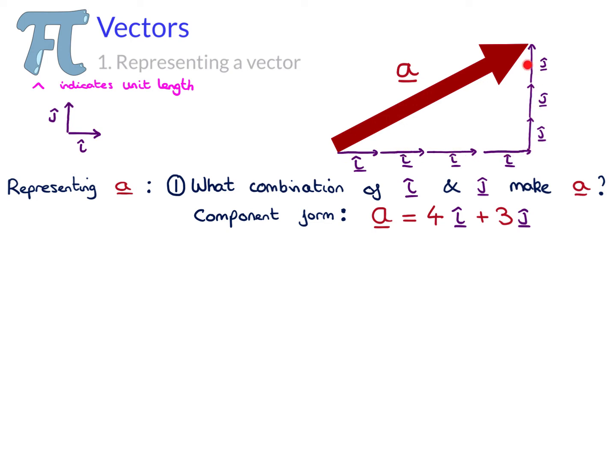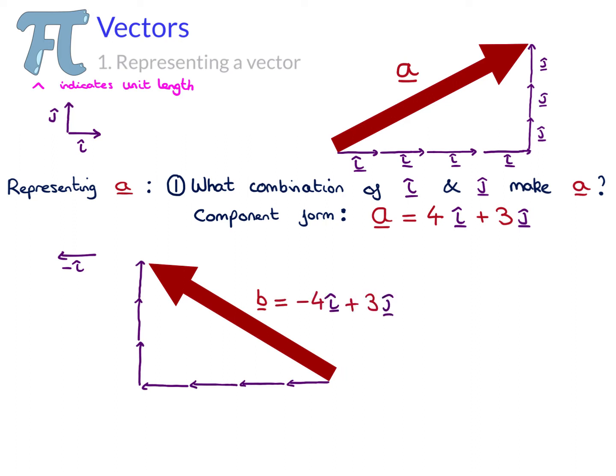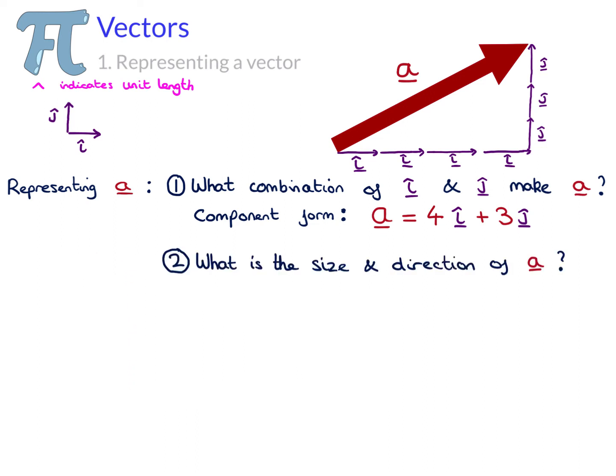j arrows. It is important to remember that i and j vectors are positive in the indicated directions, and so a negative i vector looks like this. For example, this arrow would be -4 of i and 3 of j. The other way to describe this vector is by stating its size, its magnitude, and the direction that it is